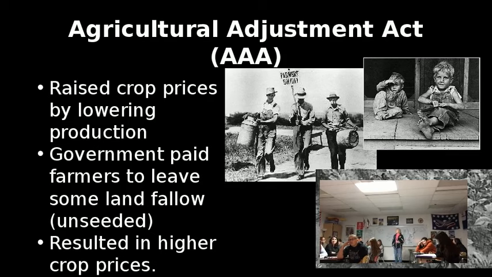Now, there were two reasons for this. Number one, it slowed down production, and that's going to raise the price of the goods they're creating. And number two, it's also going to save the soil. Because one of the problems with the Dust Bowl is the ground had been over-farmed. There were no nutrients left, and so when the storms came in, there was nothing to hold the soil together. So what they're doing is kind of starting almost like an idea of crop rotation. So you grow 20 acres over here. Next year you use these 20 acres over here. But we're going to pay you not to use the full 50 acres.